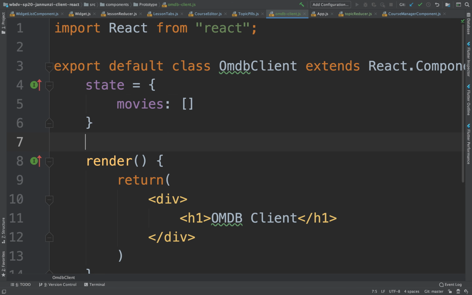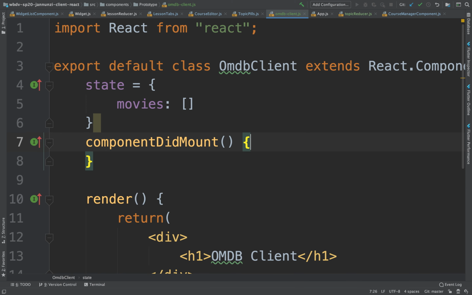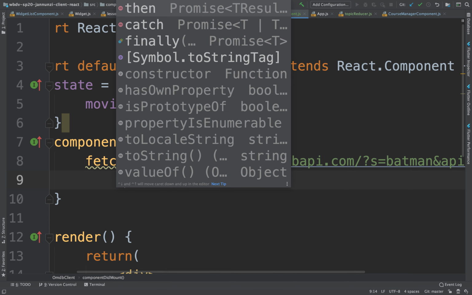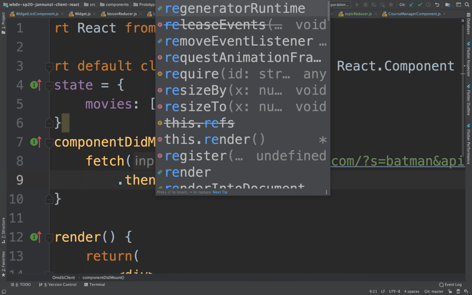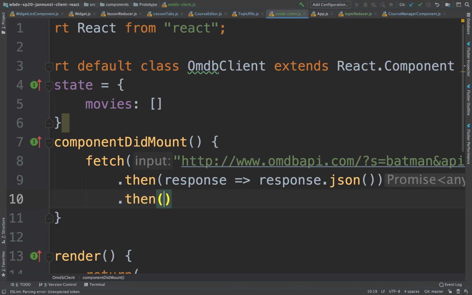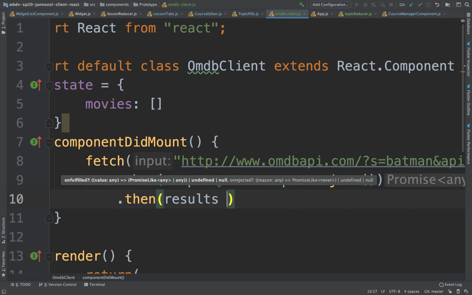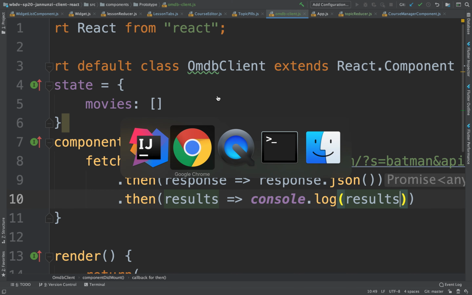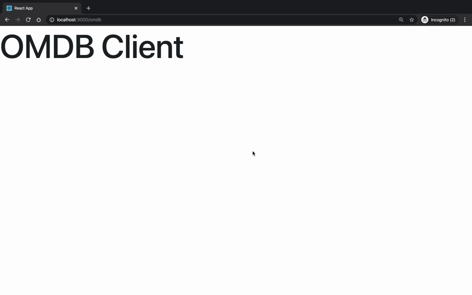And so what we'll do is that on component did mount, right? This is a good time to do a query, right? We can use a fetch and go out to that URL, right? And once that comes back, the response is going to be here, which we're going to parse the JSON body and then spit out the results, right? And let's see what results come back. So we'll console log the results. Okay? So if we render this and look at the console,